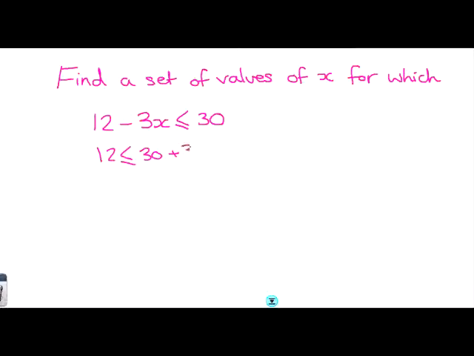So I would have that. Now, obviously I want to get x on its own, so I'm going to subtract this 30, which would give me minus 18. And therefore, to get 1x, I'm dividing by 3, and I get minus 6. Now, most people don't like writing the inequality like this, they much prefer it this way. But if you think of a number like 0,